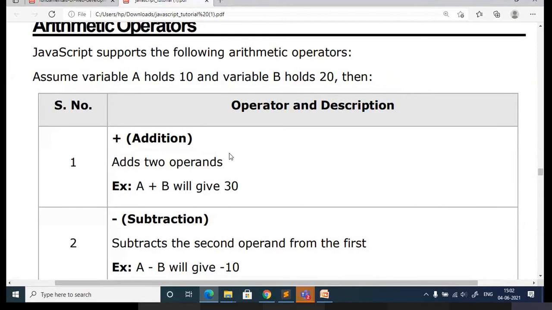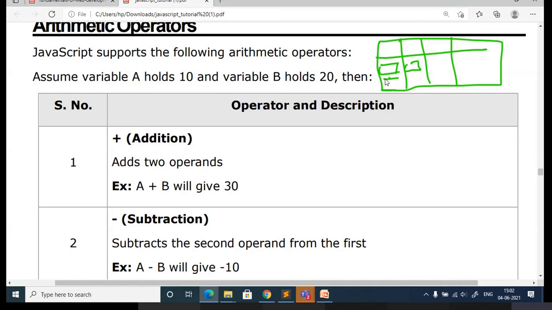Here you are not going to use any table format, but in the lab program you have to create a table, where you are going to use column span and row span, and you should create something like a calculator. There should be two input boxes, followed by all the operations.